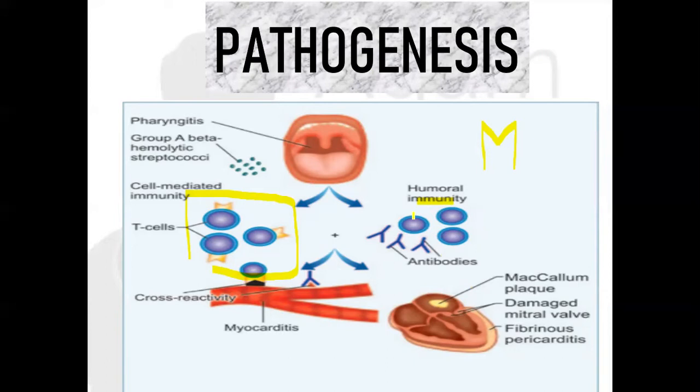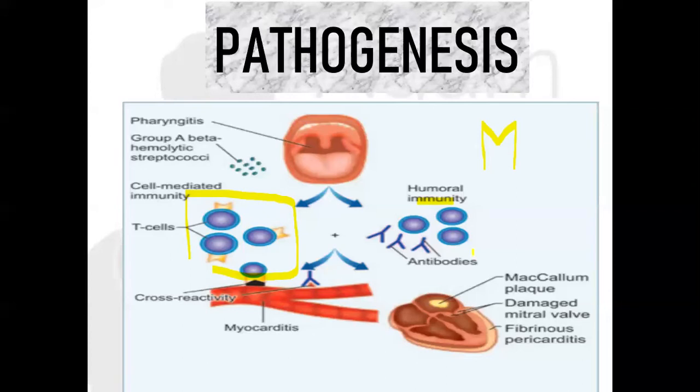Very good. But here what is the issue is, please understand, the structure of M protein of streptococci is similar to the cardiac proteins, which means you have streptococcal M protein, and on the other side I'm going to have cardiac muscle proteins. If you see the structure of an M protein and the structure of the muscular protein, both are same. So what is going to happen eventually? These antibodies are not only going to attack this M protein, but also going to attack the cardiac proteins. Are you able to understand?